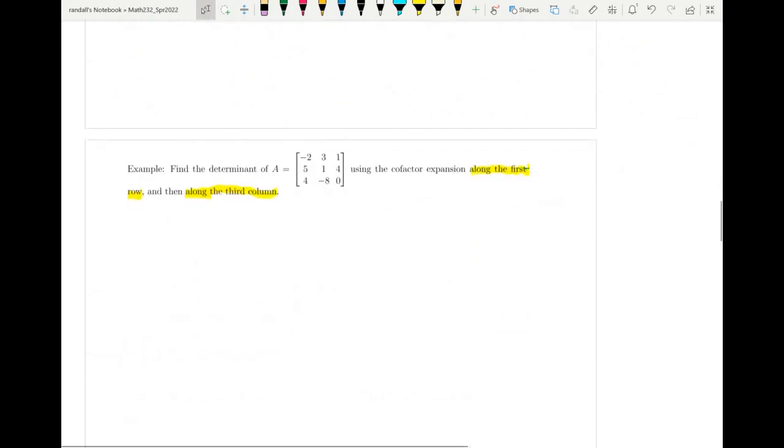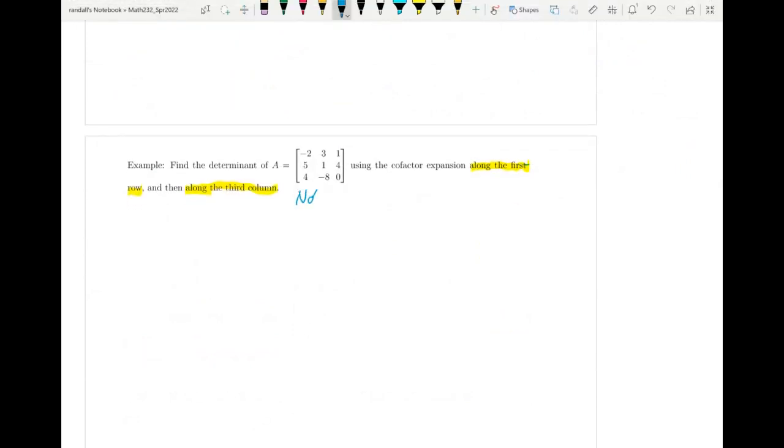Okay, so here, I just want to make a note. Note the 0 entry at A33. That means if I wanted to compute the determinant, it may make sense, because it's so computationally intensive, to select either the third row or third column. They didn't ask us to do that. They asked us the third column. So select third column